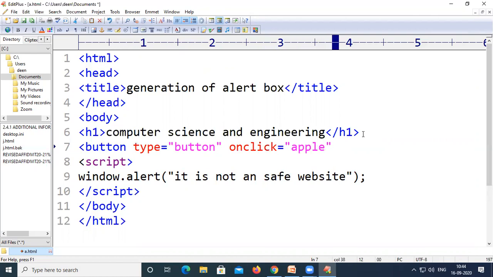So now the name on the button is try it, and then I am closing the button.